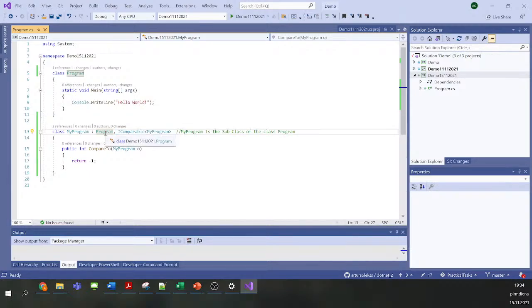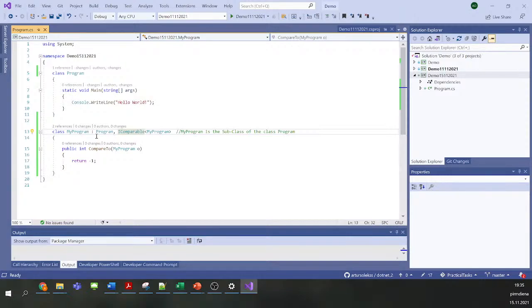In Java, when I extend the superclass, it is written this way: class MyProgram extends Program. And then I can say class MyProgram extends Program implements Interface.